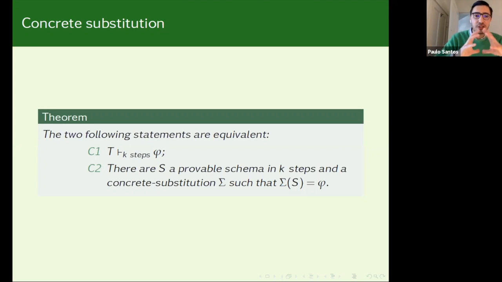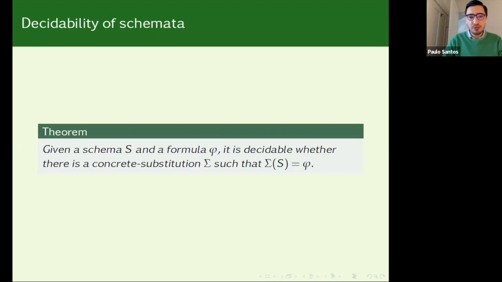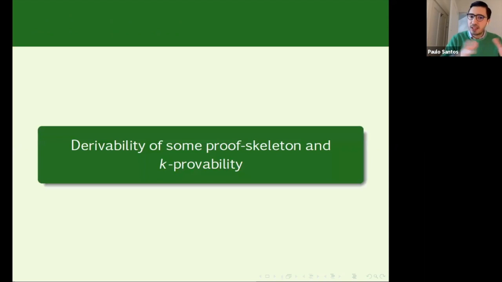So this means that we are not going outside the context of first order logic, provability in that context. Moreover, this move is decidable in the sense that given a schema and a formula, it is decidable whether there is a concrete substitution such that the image of the schema for that substitution, of course, is the formula. This might seem obvious from the fitting part, in the sense of the formula fitting the formula structure, but this is not so obvious in the condition part. Nevertheless, we have the result. Now I will show you the main results.